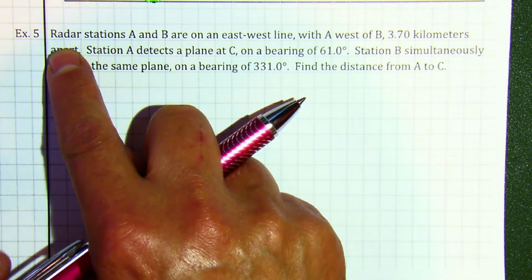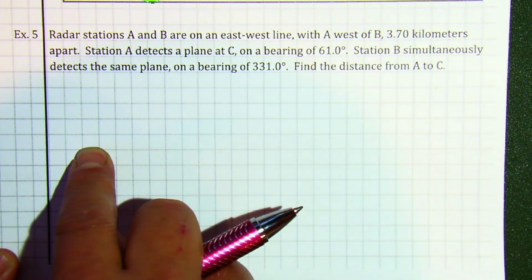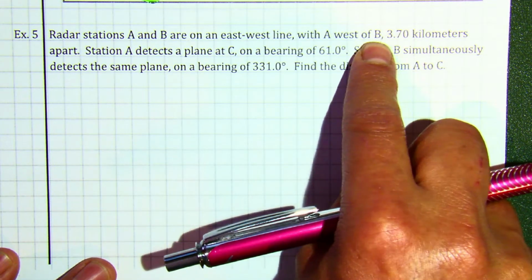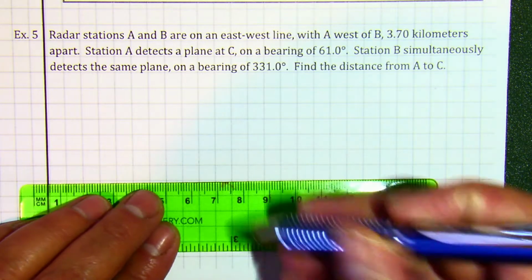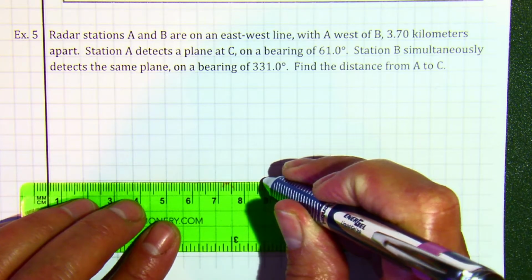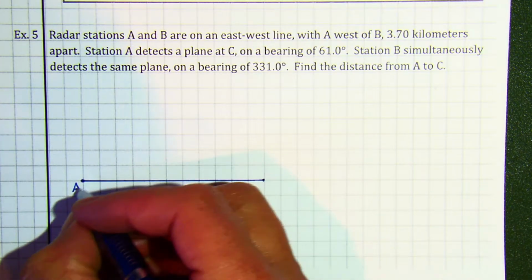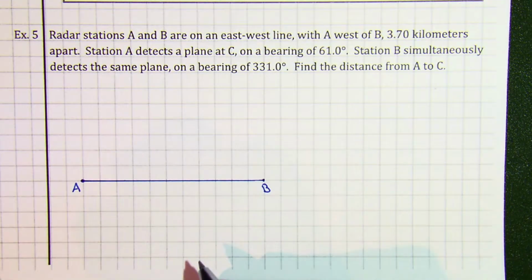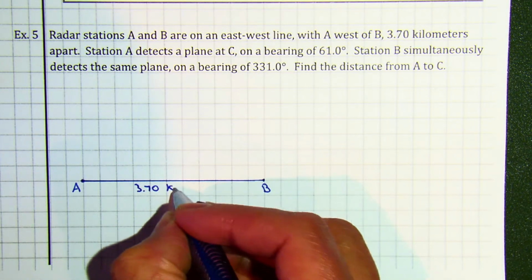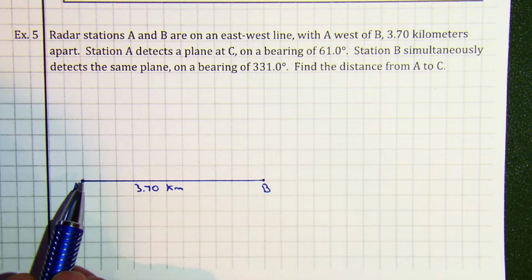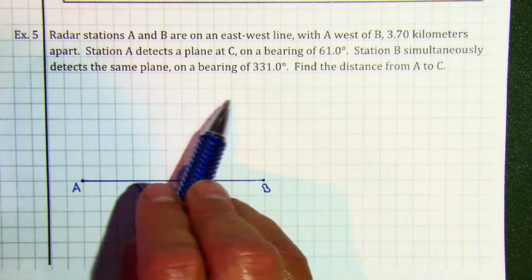So radar stations A and B are located on an east-west line. So we're on a horizontal line with A west of B. So therefore, we have two stations, and A is west of B. And they are 3.70 kilometers apart. Station A detects a plane at sea, so it's going to detect a plane somewhere above on